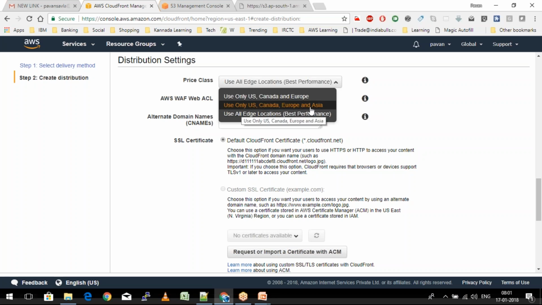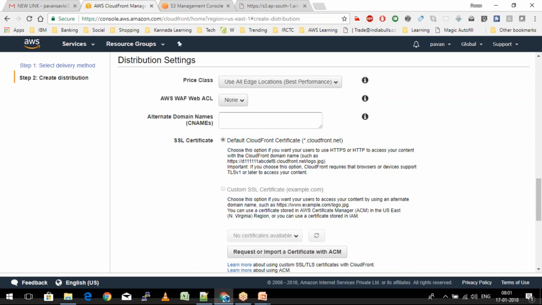Or if you want to use US, Canada, Europe, and Asia, only those, you can select any of these three options. Currently we are going to use all the edge locations, which means I'm going to make use of all the 80 edge locations across the world for this S3 bucket to be part of the CloudFront distribution. It is going to cost a little higher if I make use of every edge location, but as a part of free tier, do not worry about it. We'll be able to make use of it for 1 or 2 days, and then we can shut down our